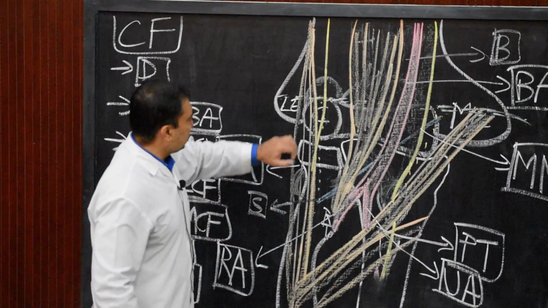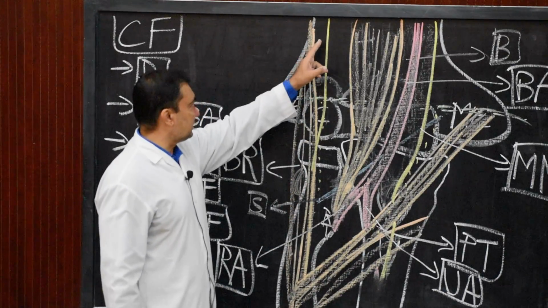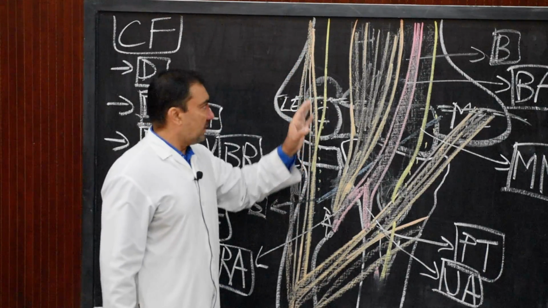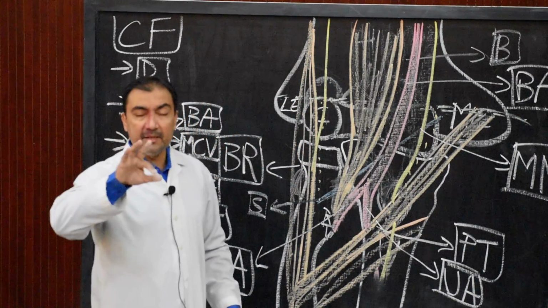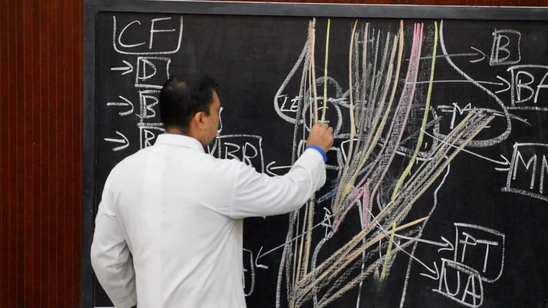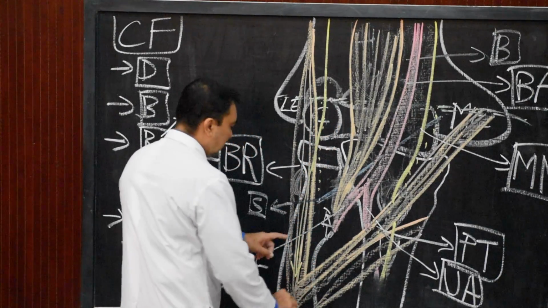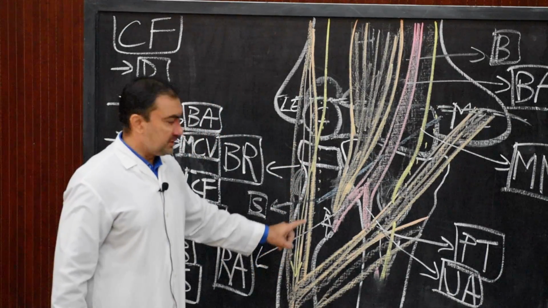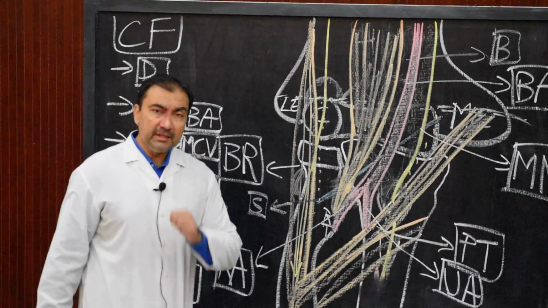And then we come to the last structure, the lateralmost structure in the cubital region, that is the radial nerve. As it passes down, it will divide into two branches, deep and superficial. The superficial branch will pass just beneath the brachioradialis muscle. What about the deep branch?